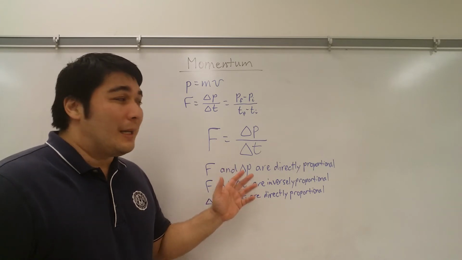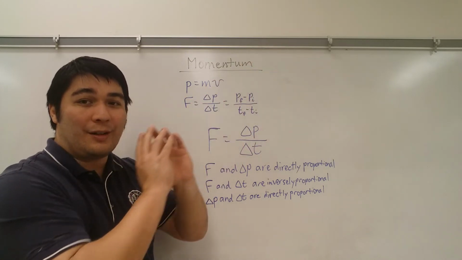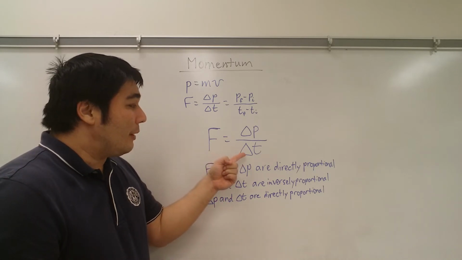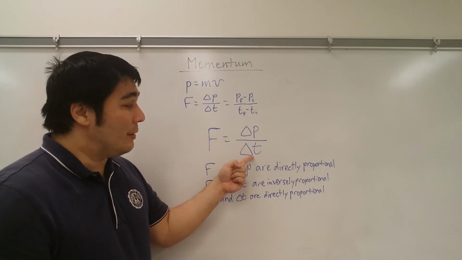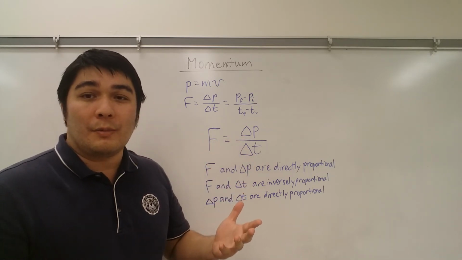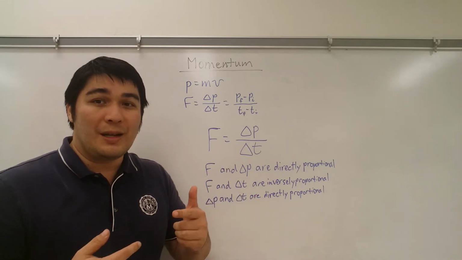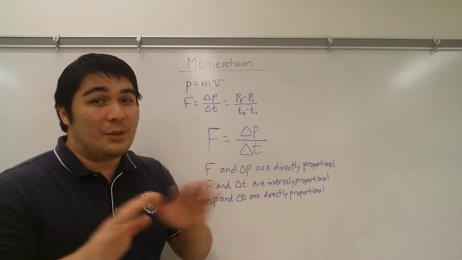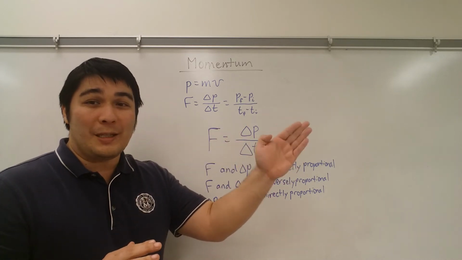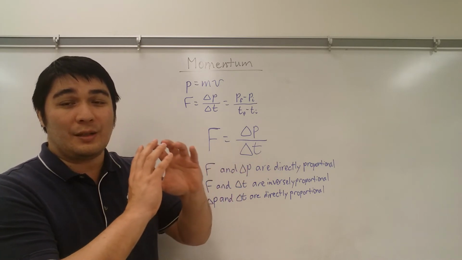So in American football, when the receiver catches the ball, and notice they have their hands out and they bring their hands in, what they're doing, and of course you would call that soft hands, that would be increasing this change in time, because you can't change the momentum. The momentum of the football as it's being thrown by the quarterback is determined by the quarterback. The receiver can't do anything about that momentum. It will always be whatever the momentum the quarterback gave, and so the receiver has to increase the contact time